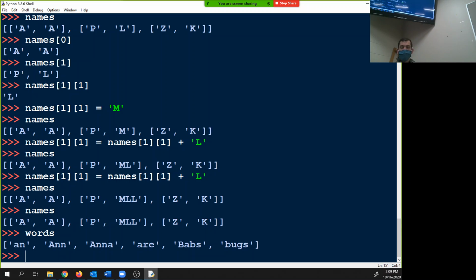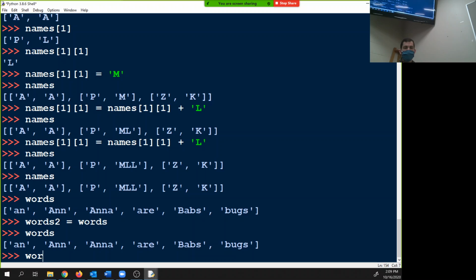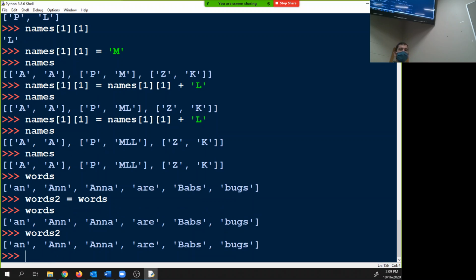Now, if I do words 2 equals words, words 2 looks like it equals the exact same thing, right? Well, they do equal the same thing. But if I do words 2 equals, or let's add